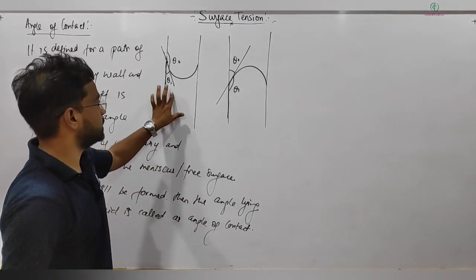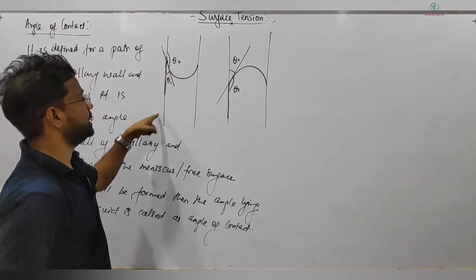So in this situation here you can say one is theta 2, wall of the container, tangent to